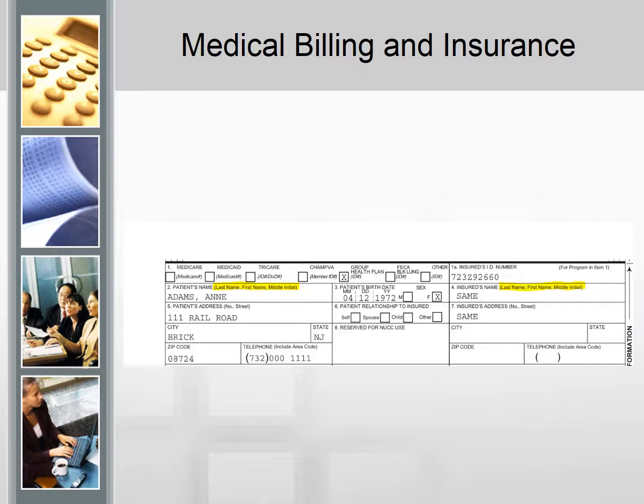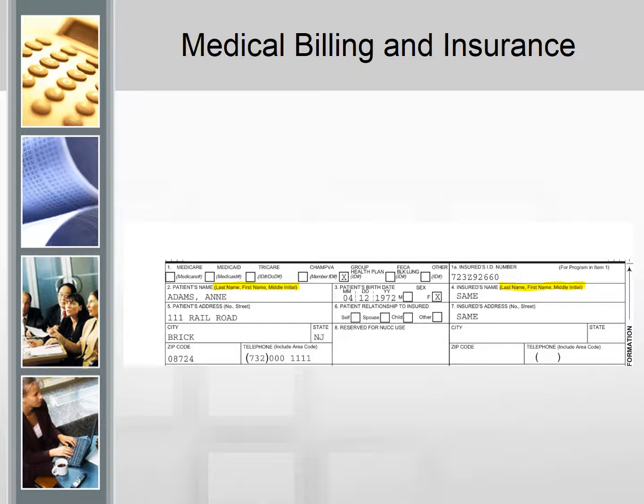So it's sufficient in this case just to type the word SAME in all caps in block 4. Or we could also retype her name as Adams, Ann. So either or. Now, if you had, let's say, her husband as the policy holder, then this is where his information would be typed. So his last name, first name, middle